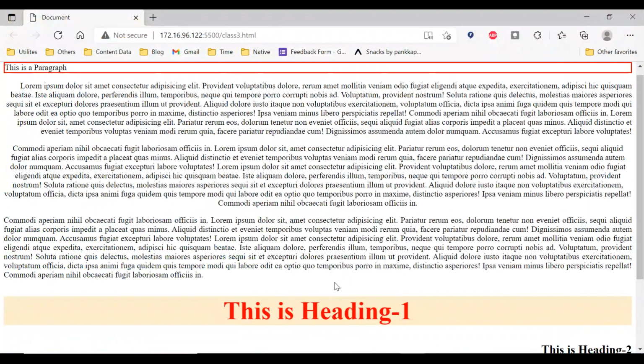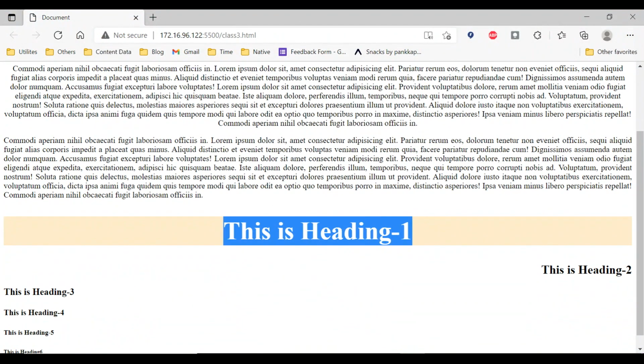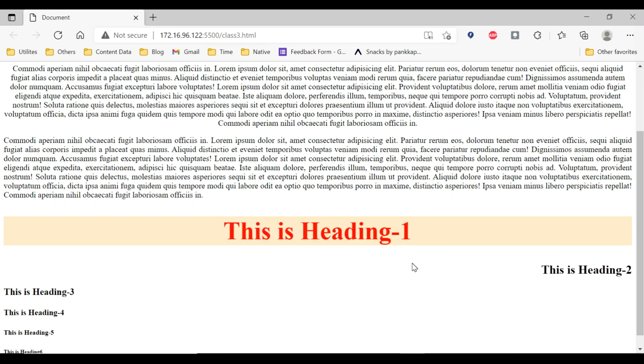Now you can see this heading is slightly bigger than the default heading because I have set it to 50 pixels. So it's up to you. You can use the CSS property to change the size of the font, but the default size is 2 em, but you can change it up to the requirement of your application. You can change the size as well. Okay, so this is a heading block level element.